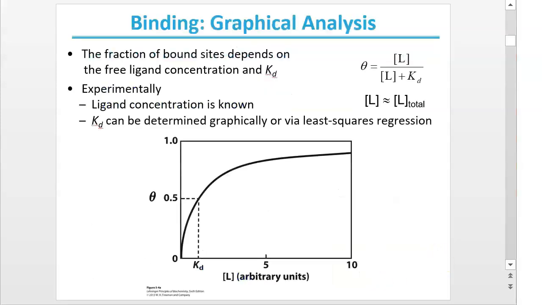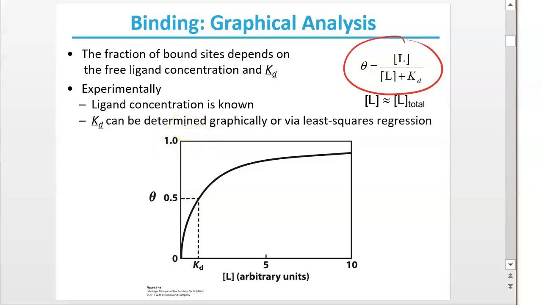So when you make a graph of the fraction on the y-axis, that's the fraction of bound sites, versus the concentration of the ligand on the x-axis, that equation takes the form of a hyperbola. The hyperbola starts at 0 on this type of graph, and then it approaches an asymptote of 1. So it never reaches 1, but 1 is the maximum, obviously because 0 sites being bound is a fraction of 0, and 100% of the sites being filled with the ligand is a fraction of 1.